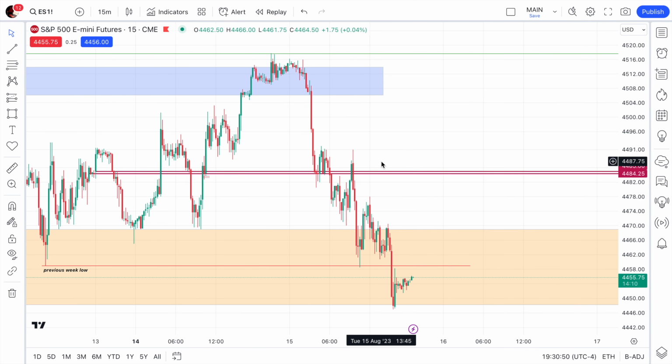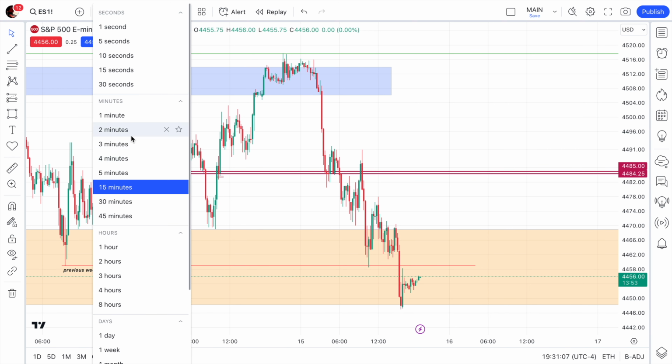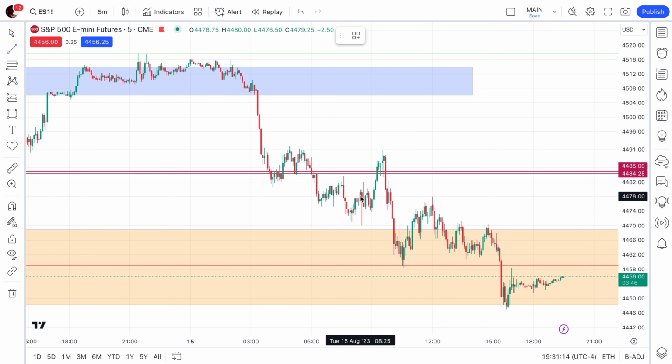So once we trade lower at 8:30, what does it do? It matches this low here and leaves these intact to create more liquidity at the opening to later attack the lows. So if we drop down to the 5-minute time frame, if we take this 8:30 opening right here,